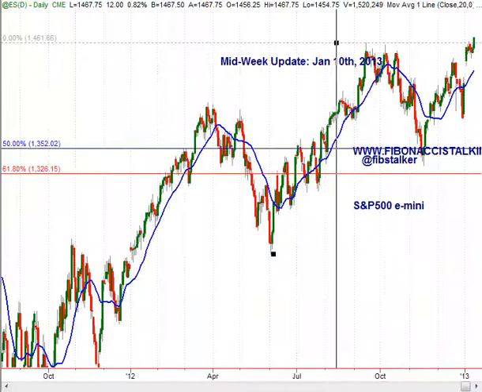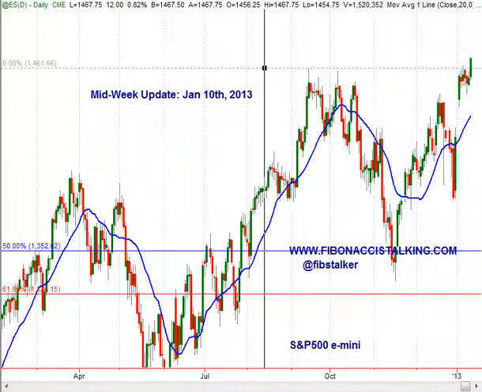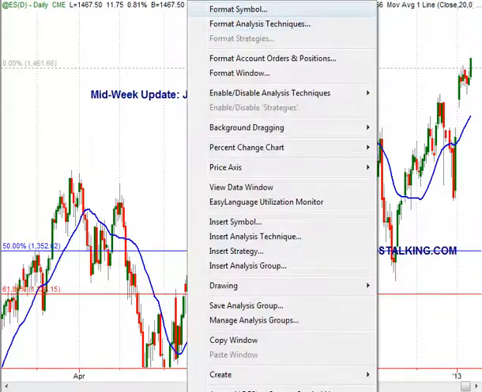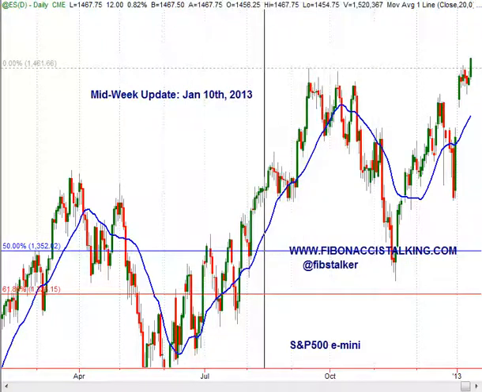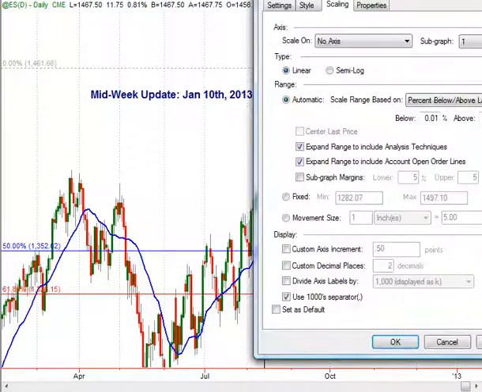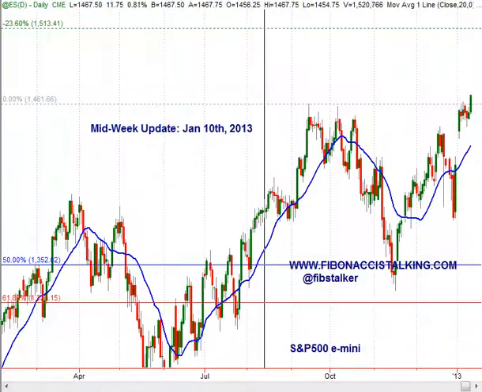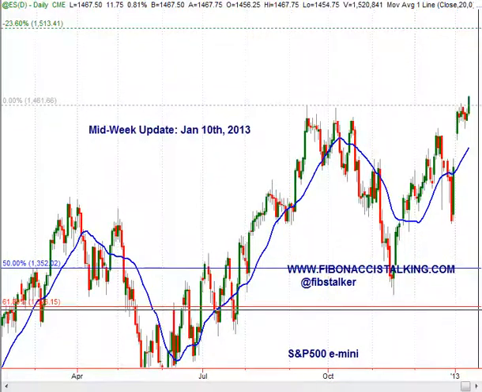The target of this trace is above, in the 1513 area. I'm going to show you in a minute here. I just need to change the scale. So here is the target 1513 of this setup here, and this setup is a valid setup because bulls were able to defend this level. Price never came below